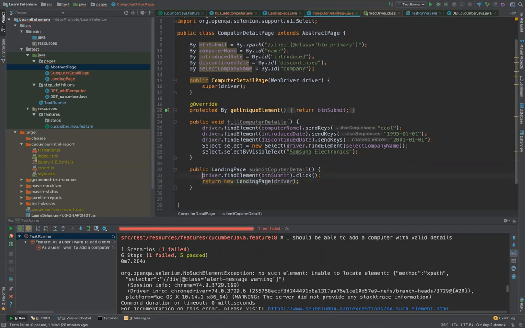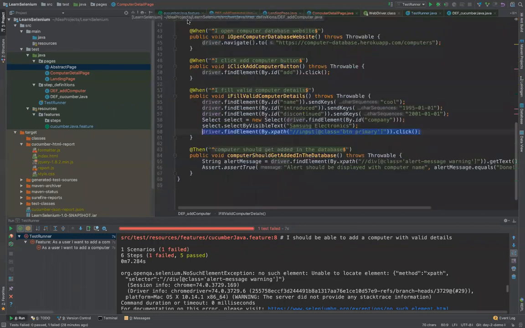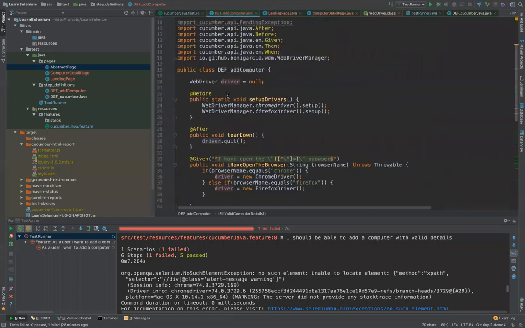So there are a couple of concepts in what I'm doing. Whatever driver I'm starting from one place, I'm passing it to all the places, all the pages. So Selenium does not get confused, right, about which driver you are talking about, because every page should use the same session in a web browser. So that's it. Let's go back to our steps, and now we can simply,